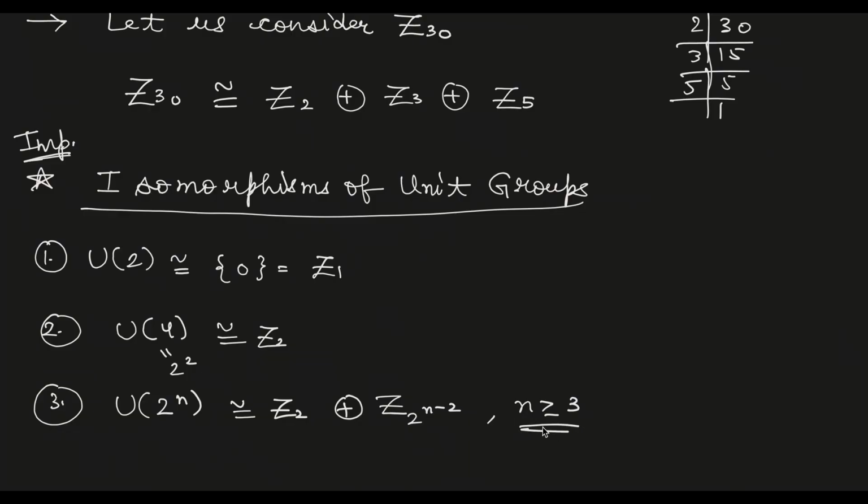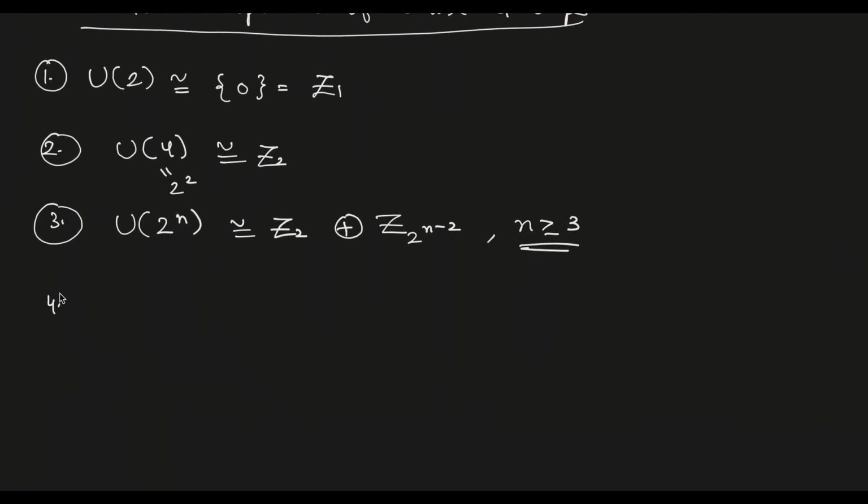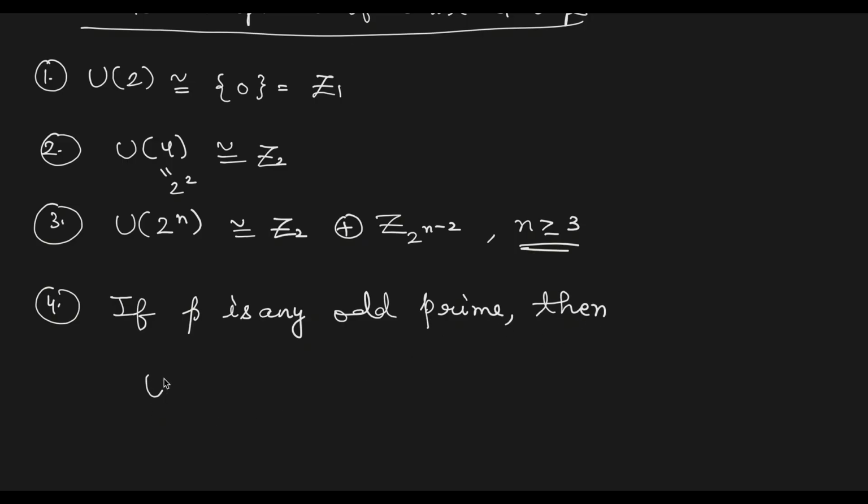That's why n greater than or equal to 3. Fourth, if p is any odd prime, then U p to the power n is isomorphic to Z p to the power n minus p to the power n minus 1. Example,